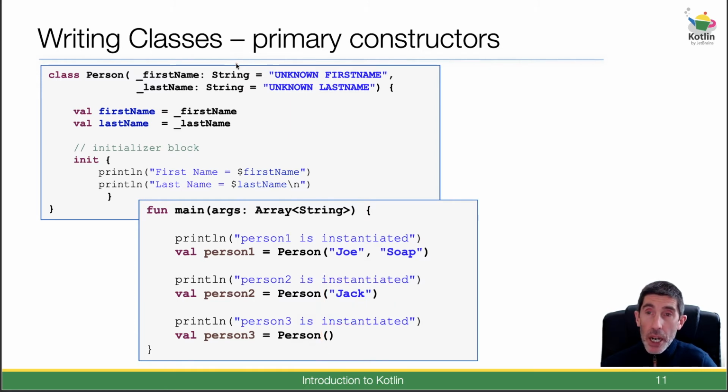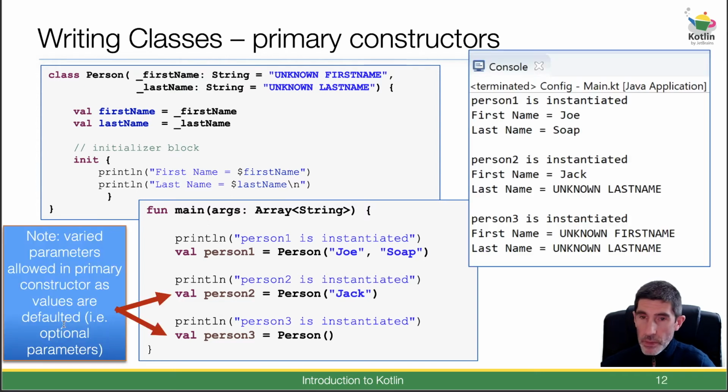And that's fine because of how we declared our constructor class to begin with. We were giving default values. We'll cover this in more detail later on, but for the moment, that's what we're doing there. We're assigning default values to both first name and last name. So if they aren't assigned a value, they get those default values. If you note there, just a little comment: variable parameters are allowed in the primary constructor as the values are defaulted. Okay, so if we look at what actually gets printed out to the screen,